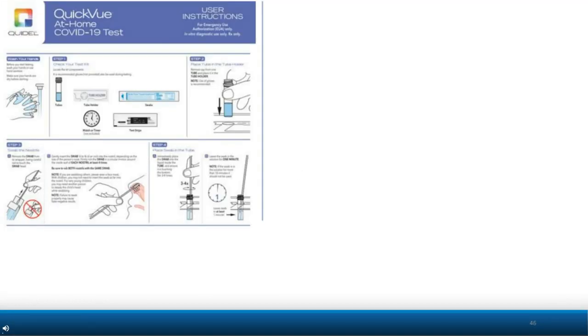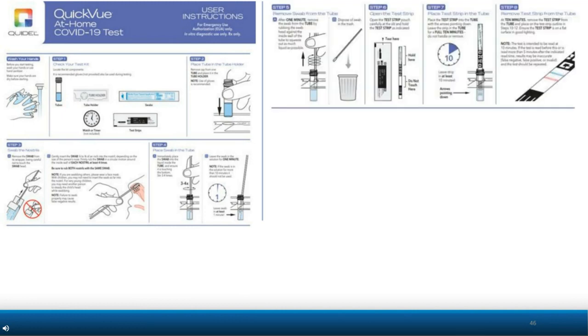Quickly, to go over the quick view. Again, it comes with instructions on how to do the test: wash your hands, get your components ready, take your tube out, stand it up in a little platform, a cardboard container that comes with the kit. Again, take your nasal swab with instructions on how to appropriately sample your nares for the test, take the swab out, stick it in your media, let it sit there for a minute or so. Then you take the swab out and then you add in your lateral flow strip. You wait for an appropriate amount of time, 10 minutes, I believe, in this assay, and then you interpret your